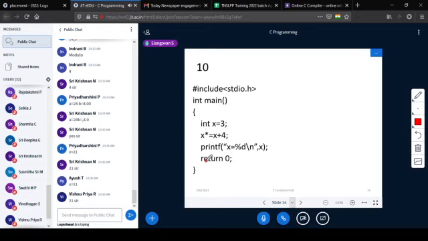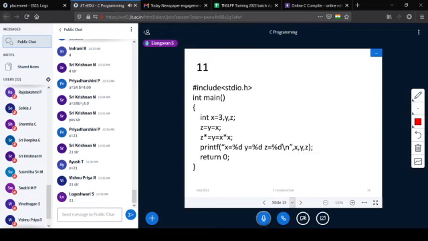How about this? Yeah, 21, 21, right. Correct, Logeshwari. How about this?